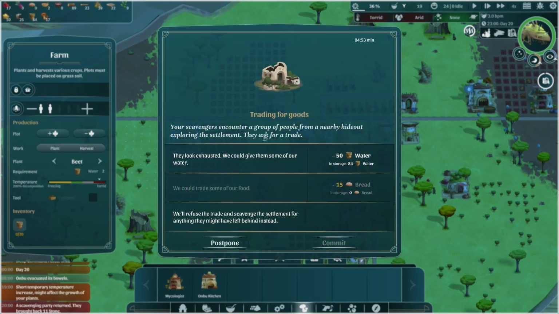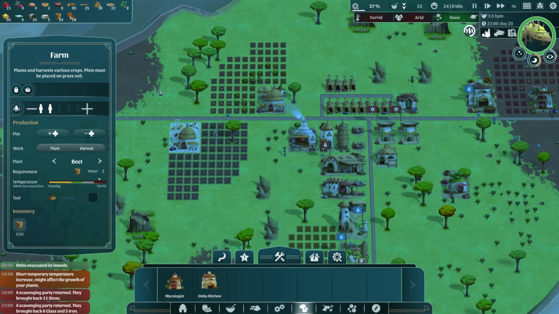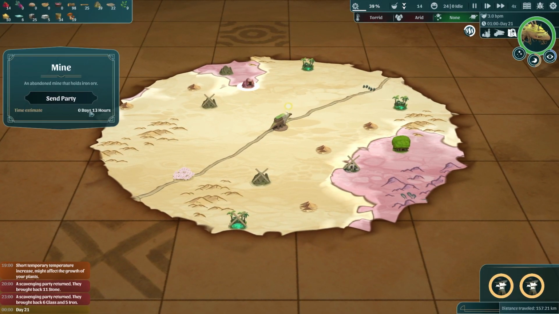That's fine. Trading for goods. Your scavengers encounter a group of people from a nearby hideout. We could give them some of our water. We could trade them some of our food. We'll give them some of our water, sure. They give us glass and iron. Oh, marvelous. Well, I'm not sure it was quite worth 50 water. That is quite a valuable resource, but that being said, I mean, there's always